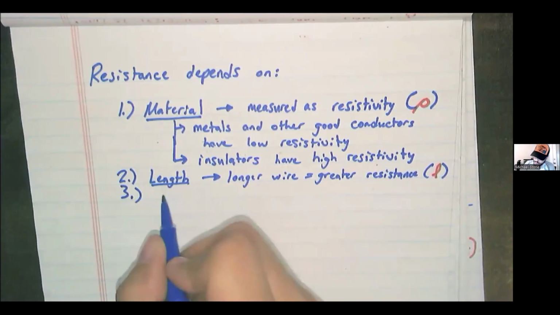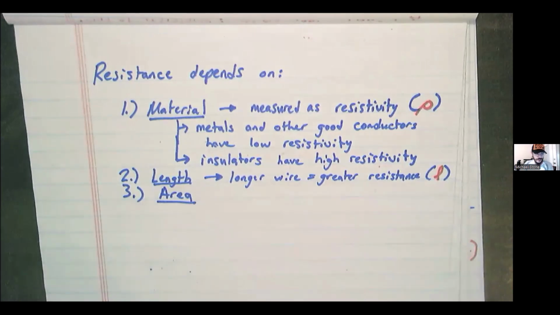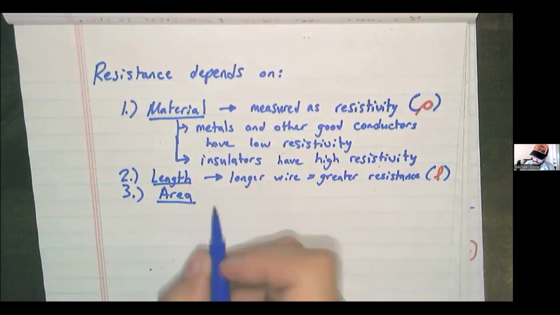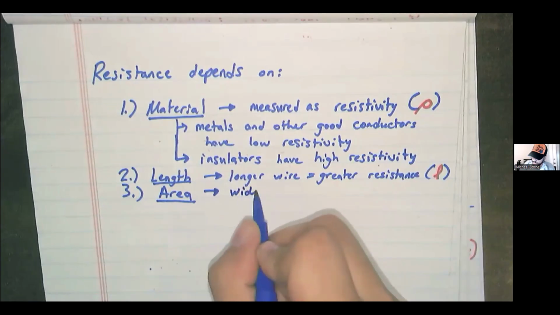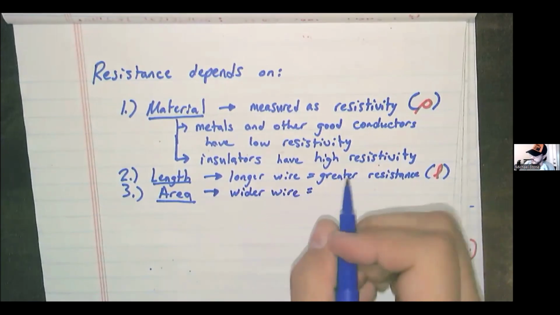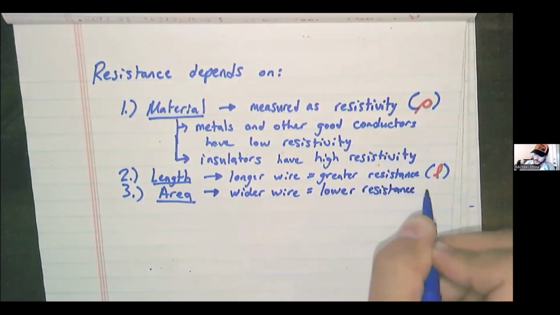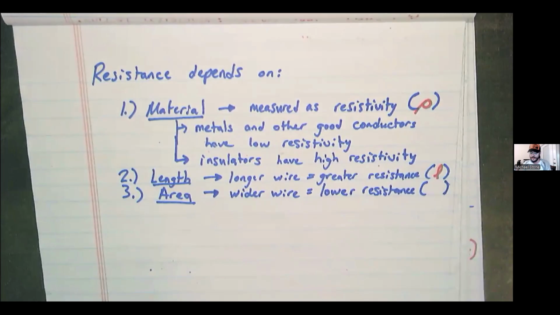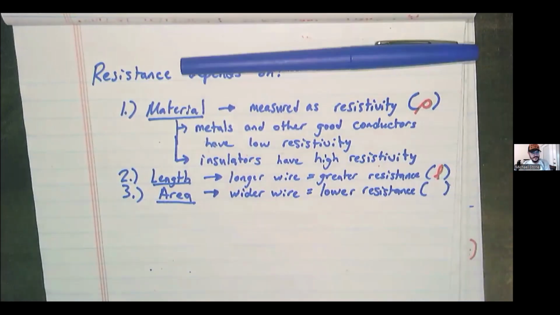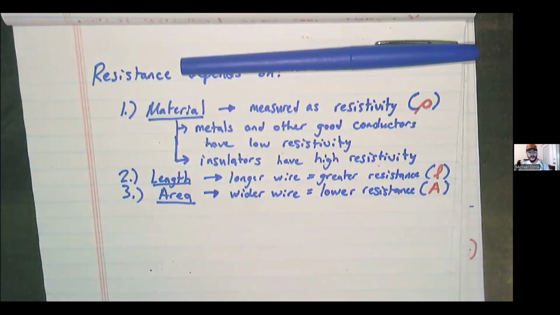And finally, the cross-sectional area of the wire. Not the area of like the cylinder that the wire is, but the cross-sectional area. In other words, how fat the wire is. A wider wire yields lower resistance. Speaking of traffic jams, if one lane is blocked, but you got more lanes, you can just go into another lane, and that's going to fight you less. So a fatter wire has more atoms at any given point to hop over to if there is some resistance met. Pardon the pun.